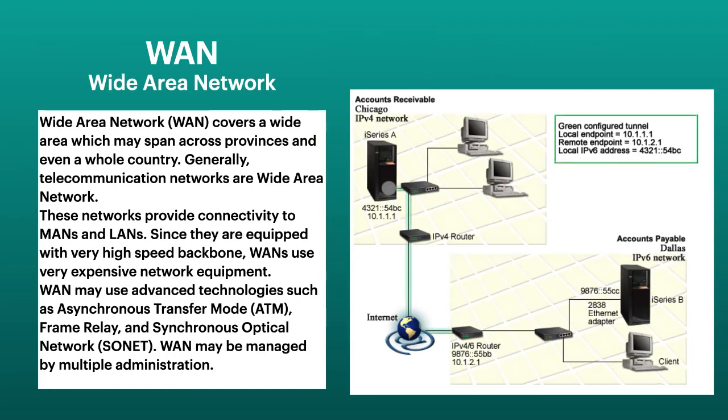Now we move one more step further, that is called WAN. So a wide area network covers a wide area which may span across provinces and even a whole country. That means a complete country, that is your internet. So a very good example. These networks provide the connectivity to the MAN and LAN. So everything depends on your WAN. By the internet we can get access to our MAN and we can get access to